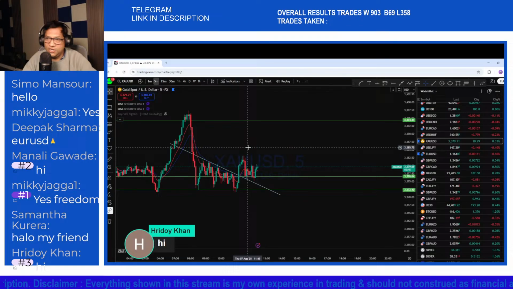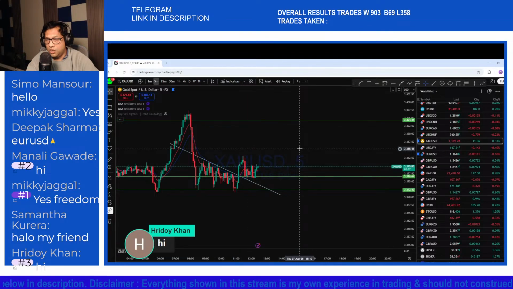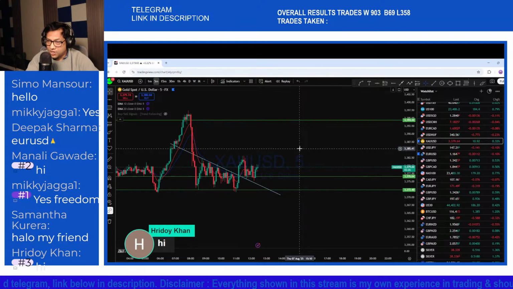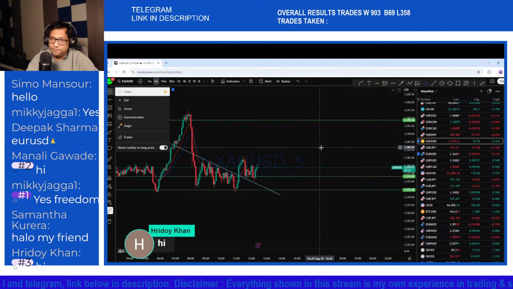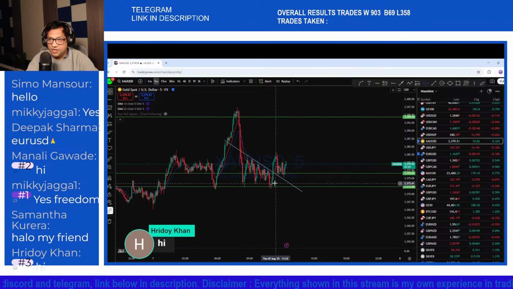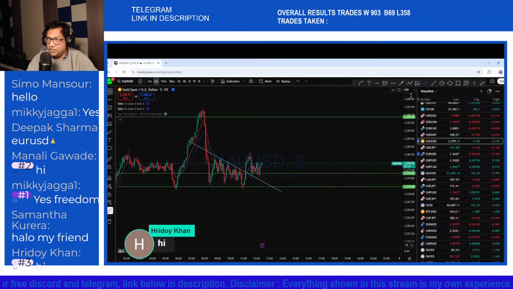But gold, in the lower time frame such as the 1-minute, 5-minute time frame, is pretty volatile, and we can find plenty of trade setups in this lower time frame in this instrument. So that being said, on XAUUSD currently we can see this is a triangular pattern that has formed,